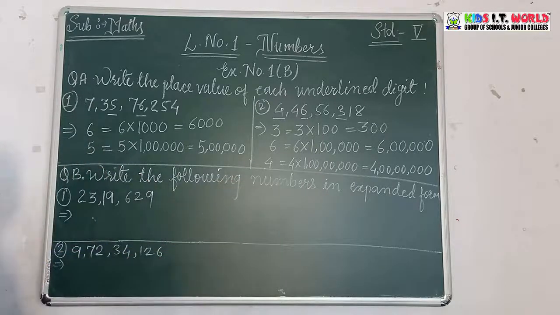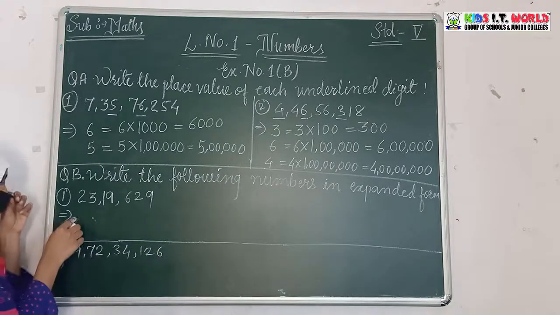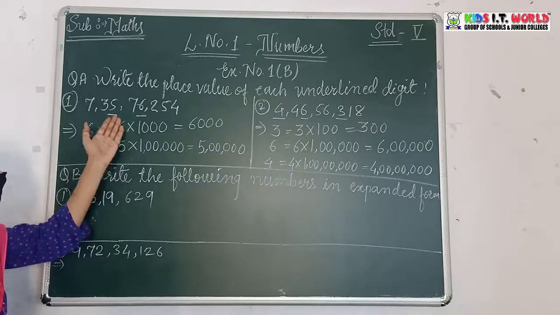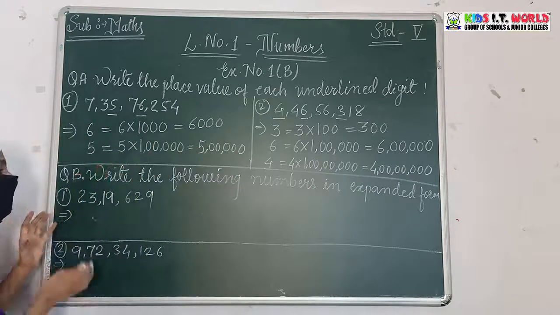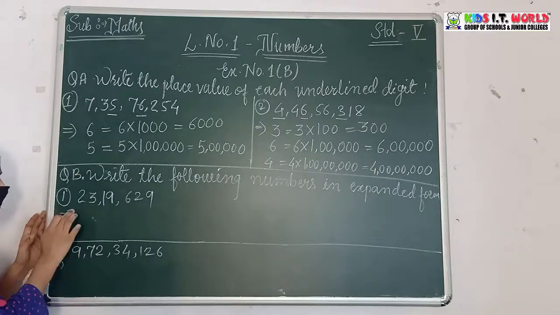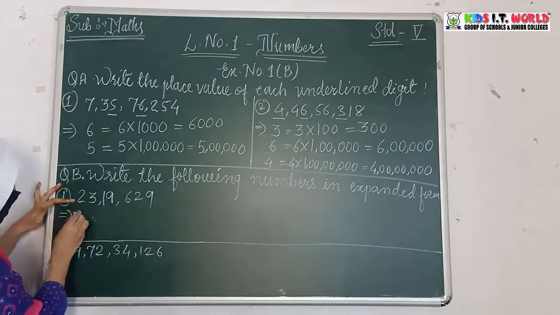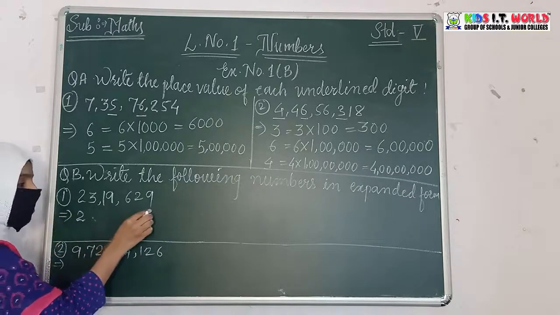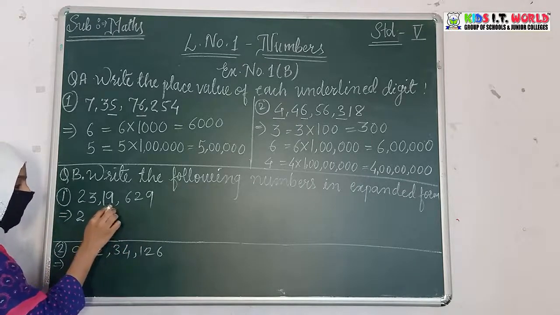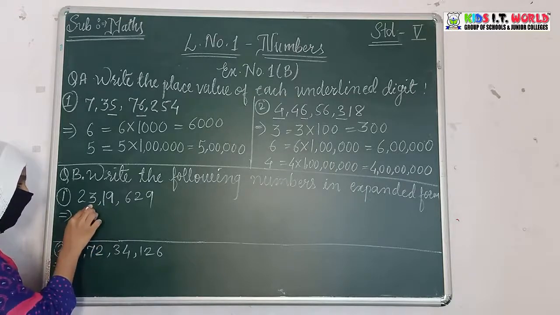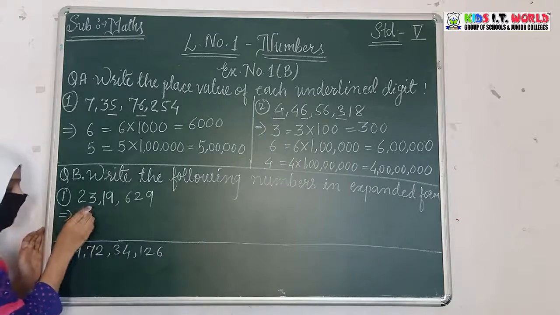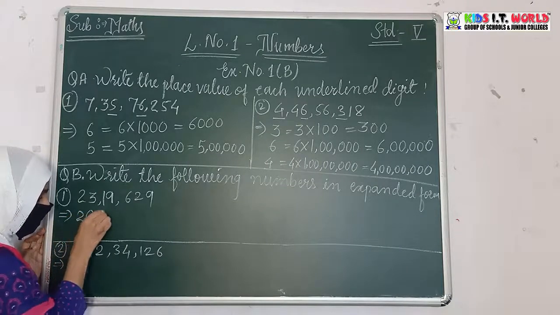Now the next question is, write the following number in the expanded form. As we saw in the example, we have to solve it the same as the place value. If you are able to find the place value of the number, you can easily expand the number. So directly, whatever number is given here, 2, how many numbers are there after this? The place values are 1, tens, 100, 1000, 10,000, lakh, 10 lakh. Means how many zeros will come here? 6. So put the 6 zeros here.